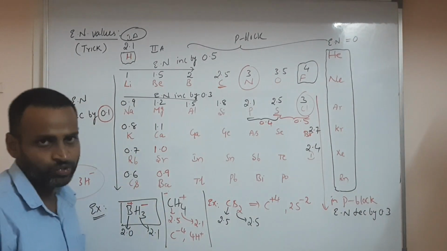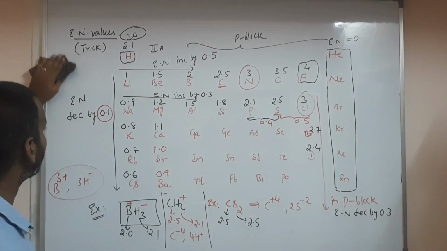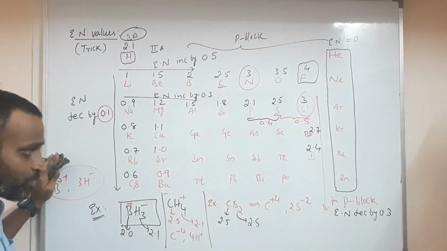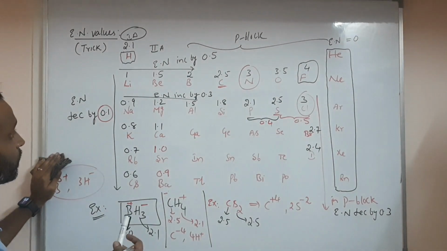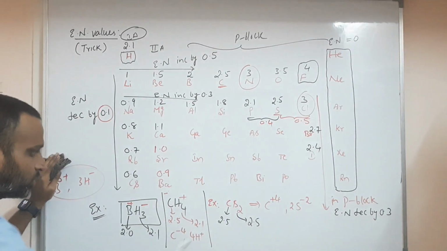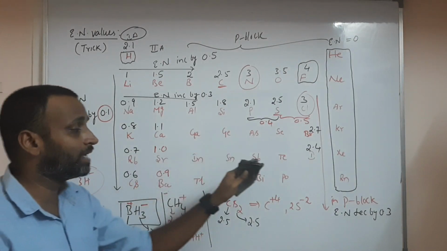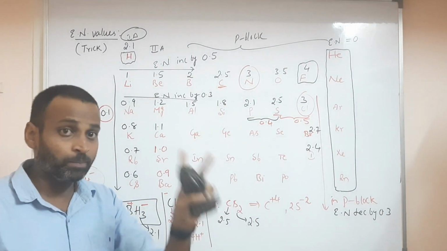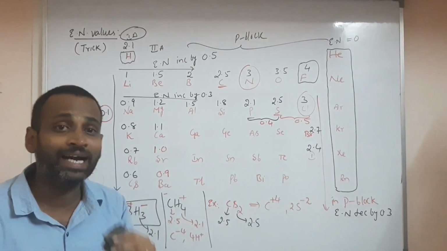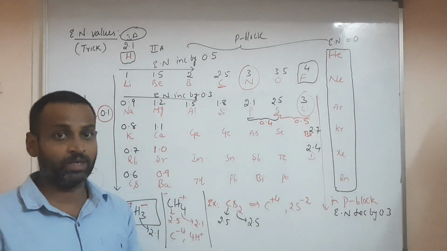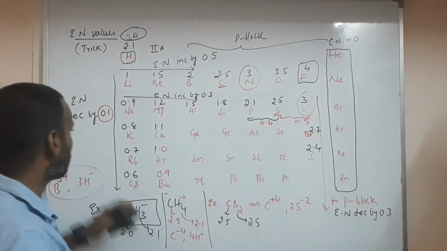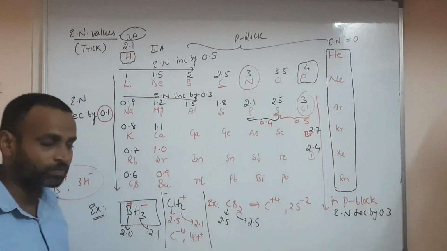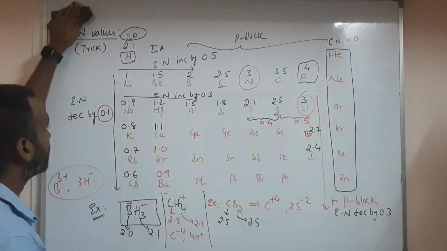So very much useful. By using these electronegativities, you can say who is more acidic, who is less acidic, and who is having more dipole moment. All those things we can understand. And by knowing the electronegativity difference between those two atoms, we can say what kind of chemical bond is possible. So these all are very important. Please have a look and write down. Take a screenshot, please.